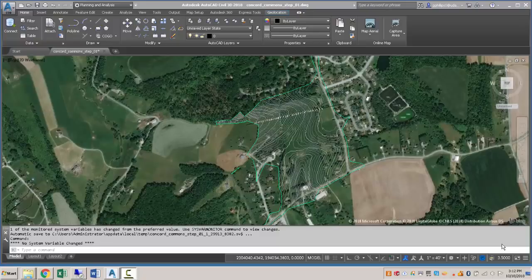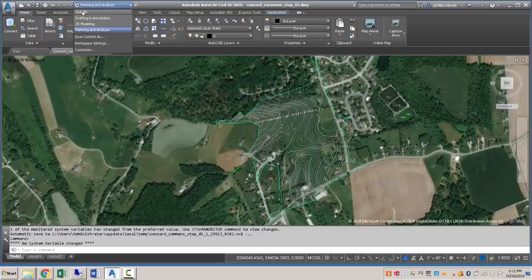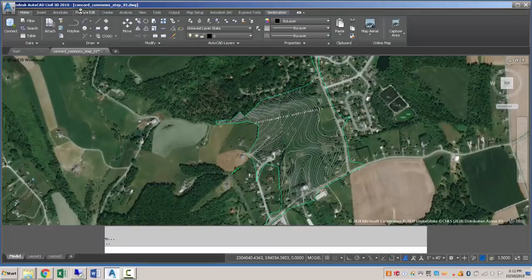The next thing we want to do for our Concord Commons project is actually pull in a boundary of our project and also some preliminary road work that we can then reference later. So we're going to do this by using an X reference. So if we go back to the Civil 3D workspace,